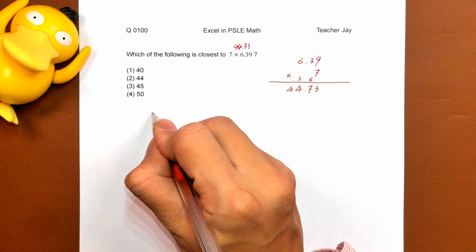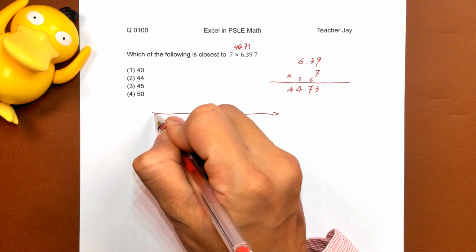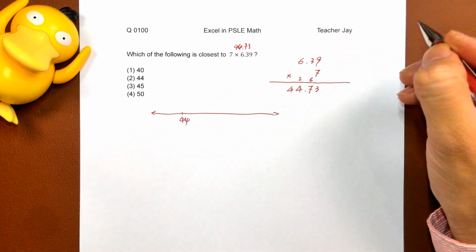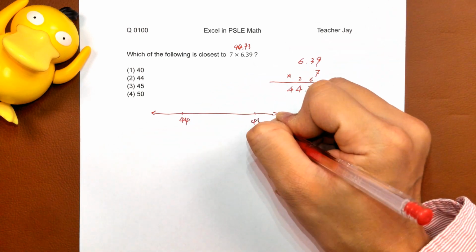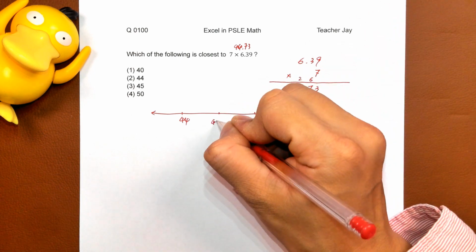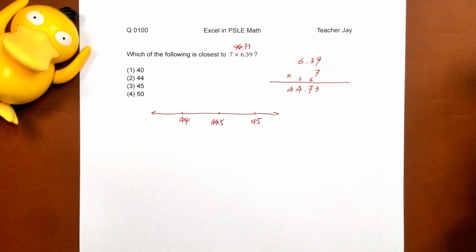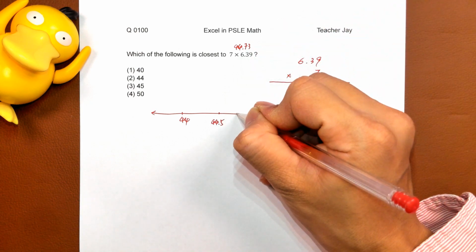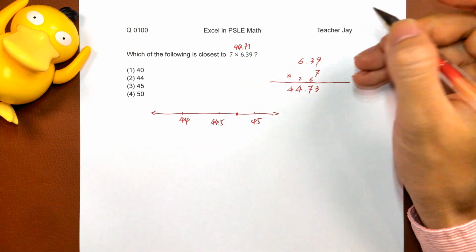We draw a number line here. 44 on the left side and 45 on the right side. And the middle point of it is 44.5. And since 44.73 is about here,